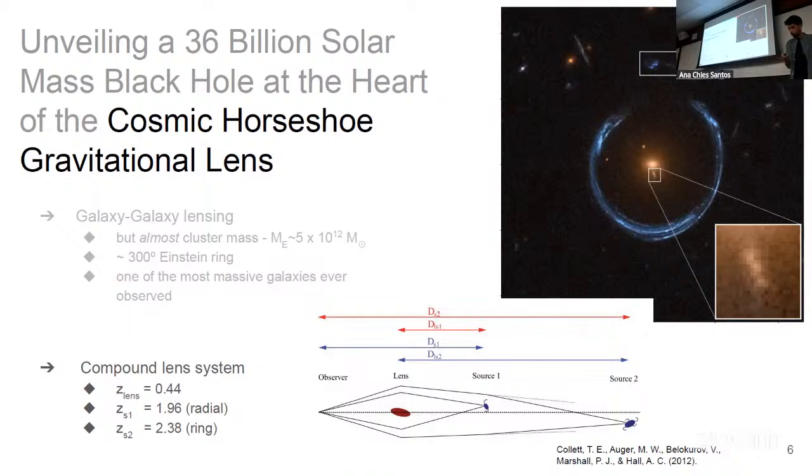And this is important because in this way, we can constrain the mass distribution. If you remember, this is an important quantity for gravitational lensing. We can constrain the mass distribution at two different radii, not just within the ring, but also in the inner part of the profile or the potential, where we believe the black hole will be. So this is very good to constrain the black hole mass, because this radial arc will be sensitive to the presence of a black hole near the center of the galaxy.